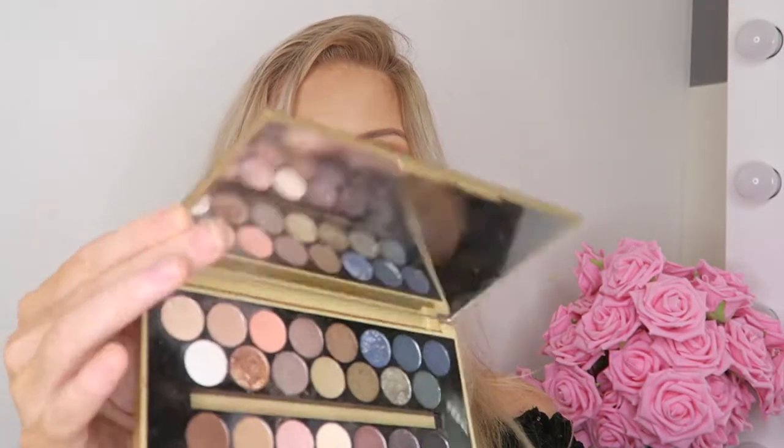Now, eyeshadows. My favourite eyeshadows are by Makeup Geek. They tend to be one of my favourite brands for eyeshadows. Now, technically they are under £5, but that is for a single pan, and I can't imagine a lot of people would find that reasonable, especially if you wanted a selection of different colours. This one I think is over £5. I can't remember how much I paid for it, but it's the Revolution Fortune Favours the Brave